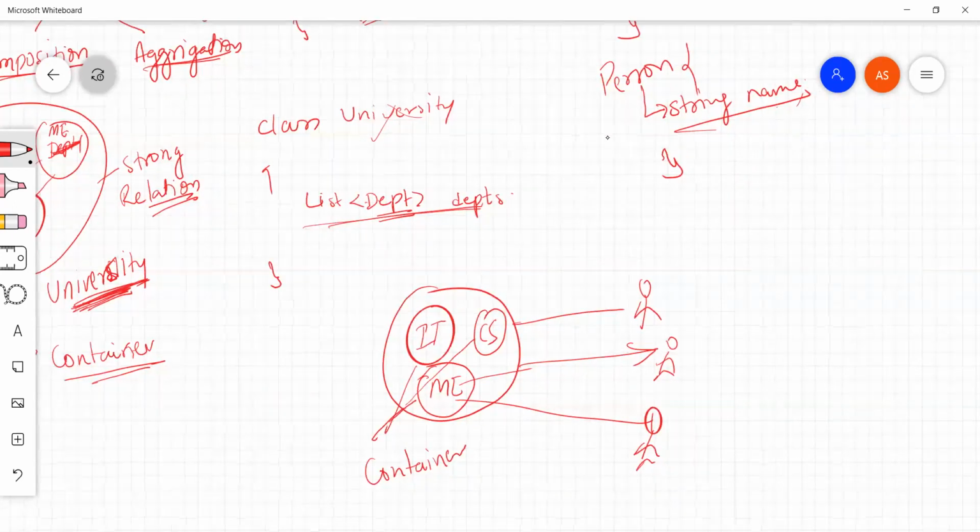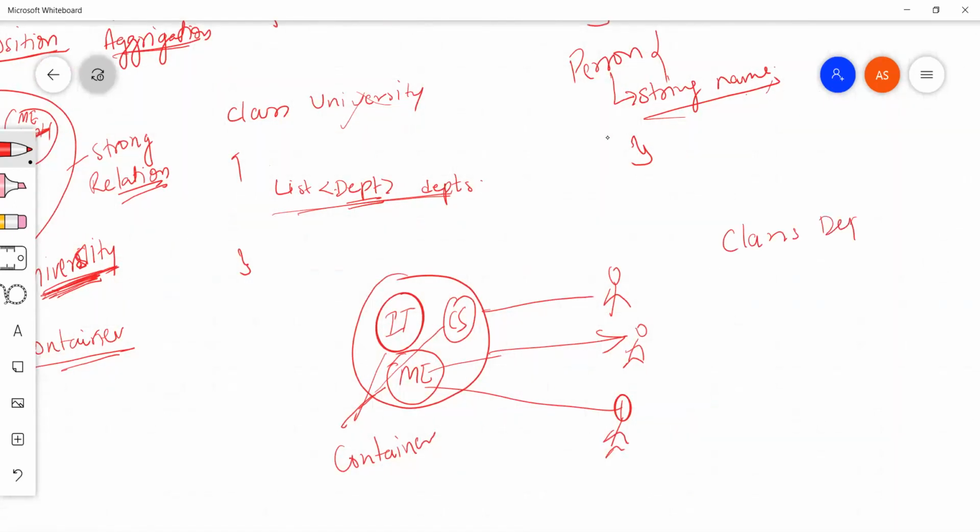We have a class called department, and there is some professor associated with it, let's say P1. Suppose I'm going to close this IT department. There is a chance we can deploy this professor in CS, or he might get employment in some other university as well, right? So this is not tightly connected, or we can say the relation between department and professor is a weak relation. Getting my point?